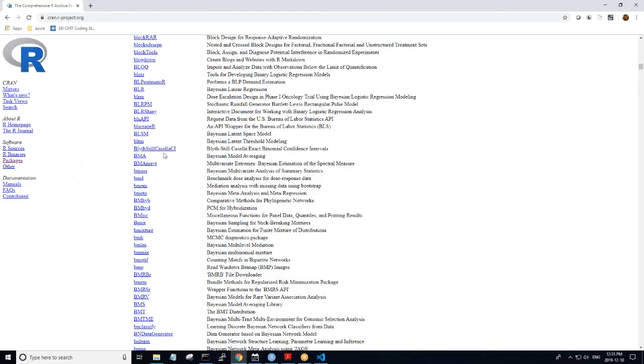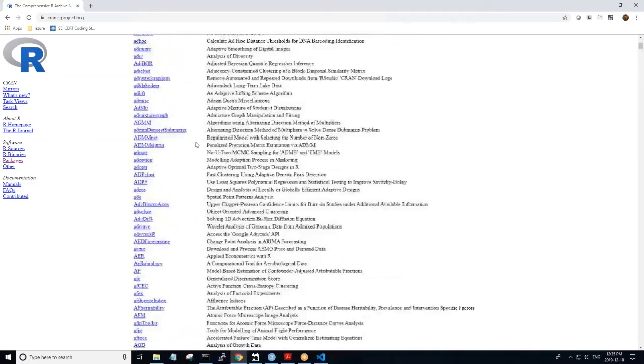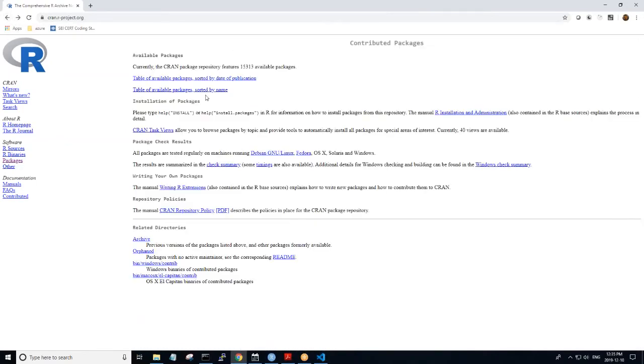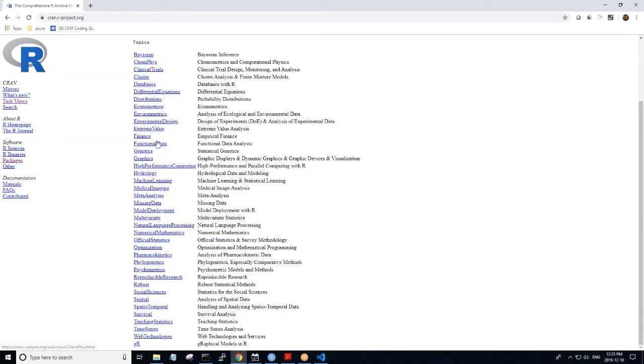Now that can be a little bit overwhelming, but fortunately, the packages are also organized in task views. What a task view does is organize the packages by categories. As you can see here, this makes it a little easier to work with. We've got econometrics, environmetrics, meta-analysis, missing data packages, social sciences, robust.